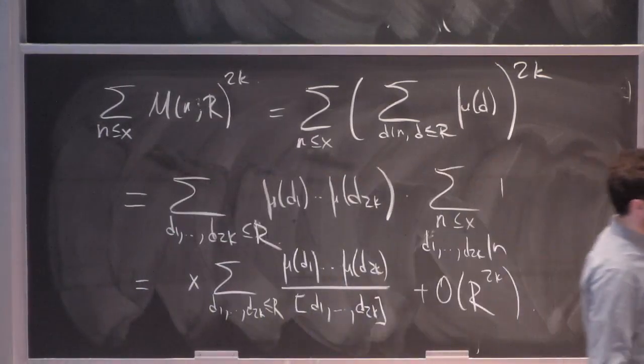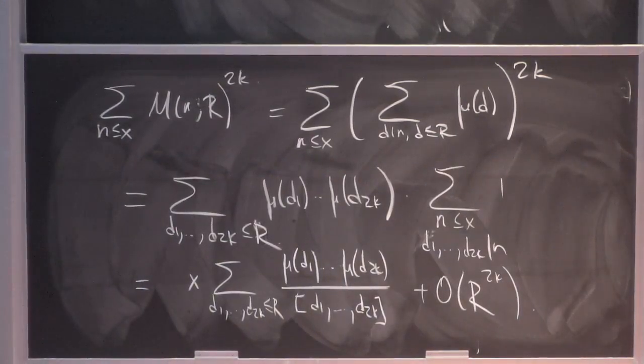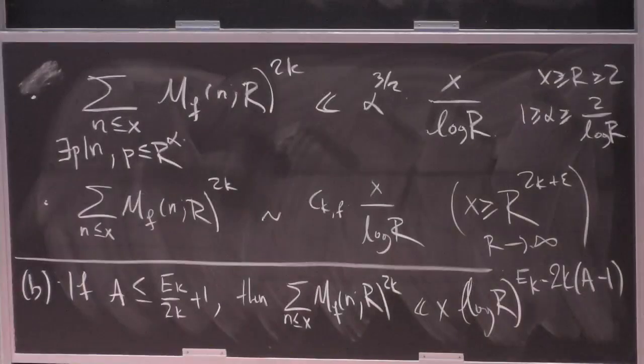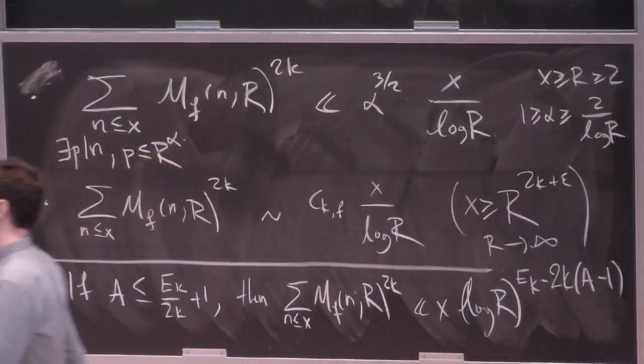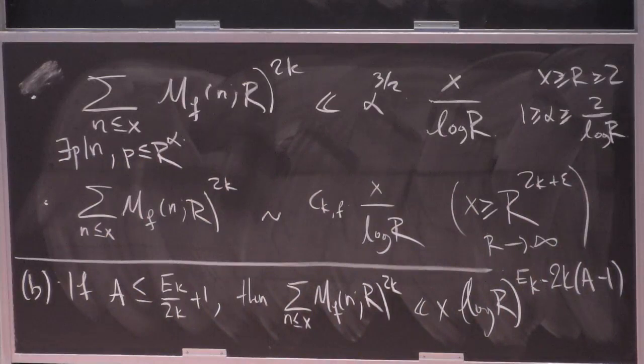So if you see these bounds here and you compare them, let's take alpha to be 1. We actually know that this is of order x over log r all the way down to x up to r. Right. Okay, so